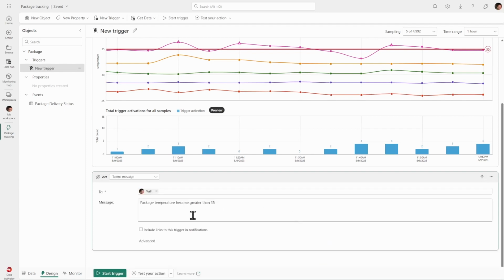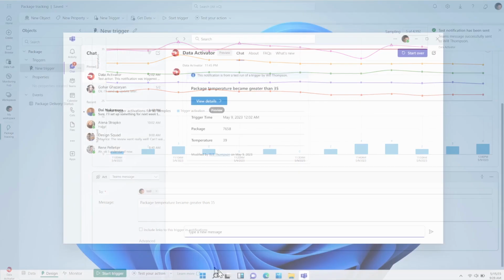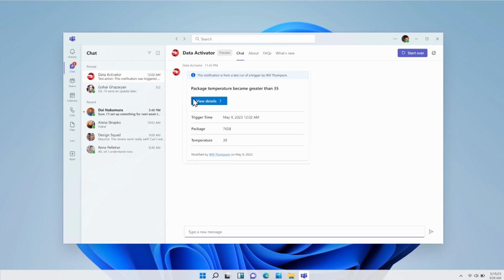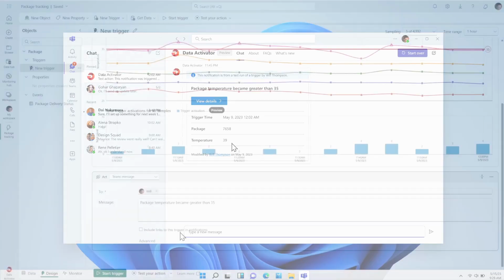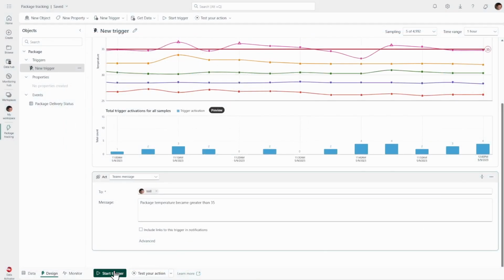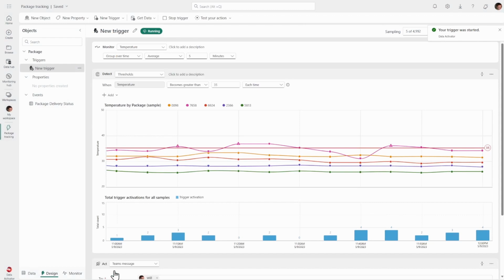So I'm going to do a Teams message here, and it's filled in with my details and a little message about the action. What I'm going to do now is test this, just using some of the recent bits of data that have been detected. Over here in Teams, I can see the message, I can see that it was a test, I can see the time the trigger would have fired, the package ID, and the temperature that would have caused it. So back over, I'm going to go and start that trigger, and now it's running in the background,